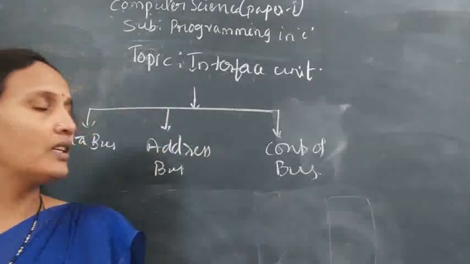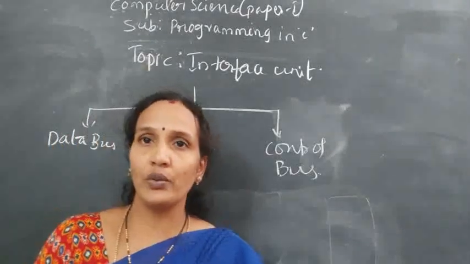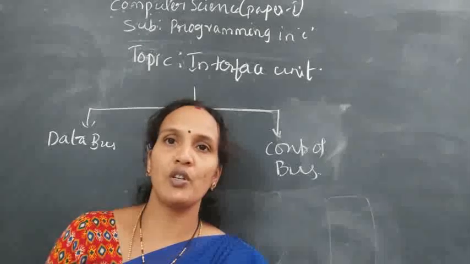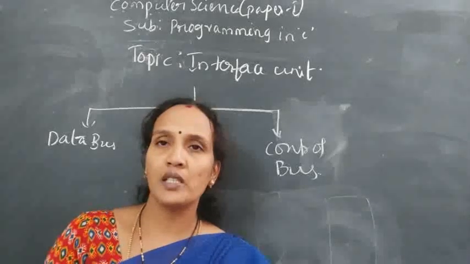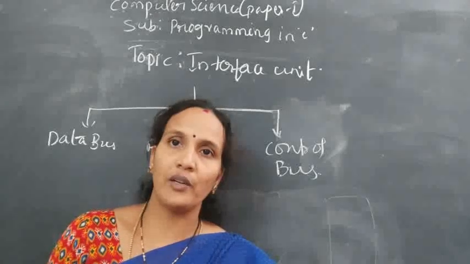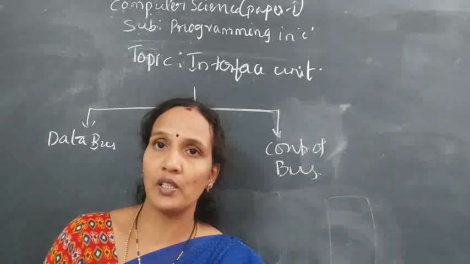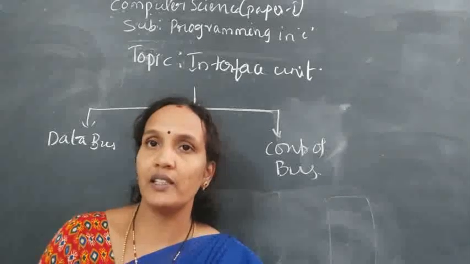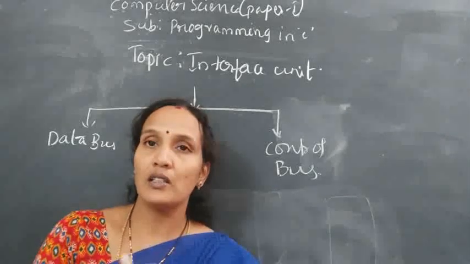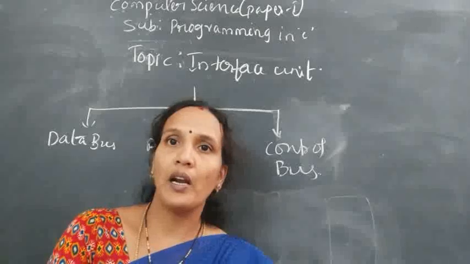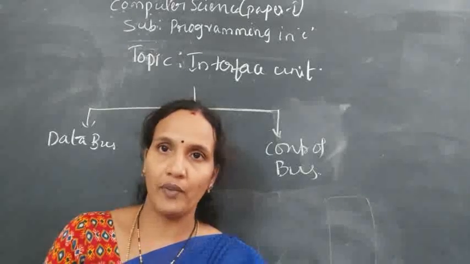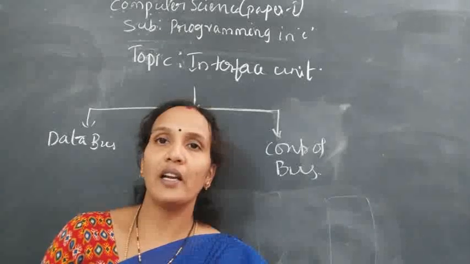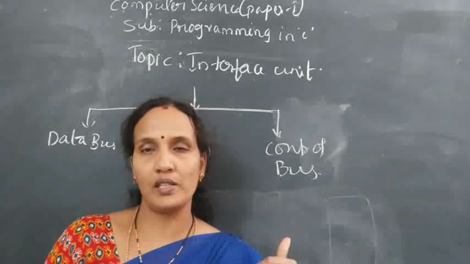The next one is the control bus. This bus will control all the transmission between the CPU and different devices of the system. What is its job? It will provide different signals and instructions showing that a particular device is busy or working. The state of the device, meaning whether it is active or inactive, is information given by the control bus.